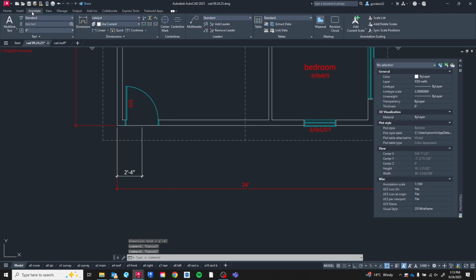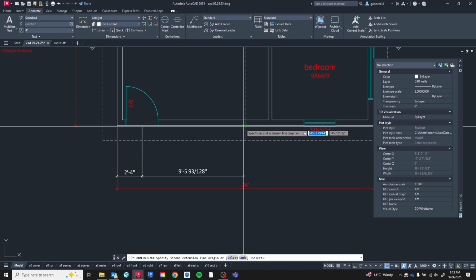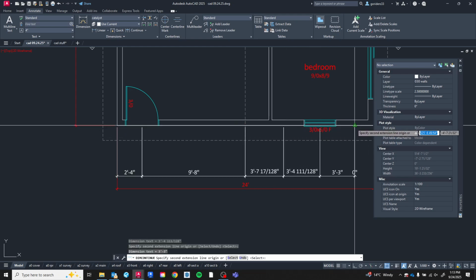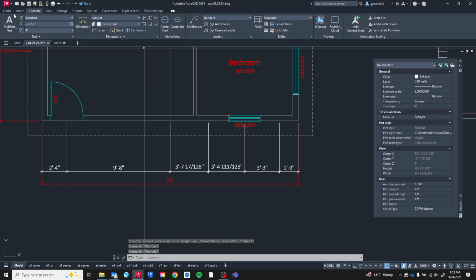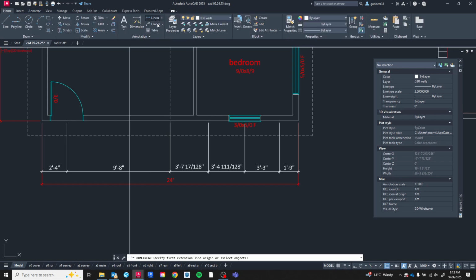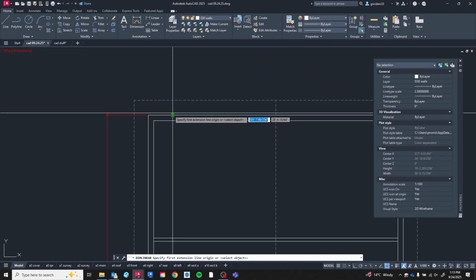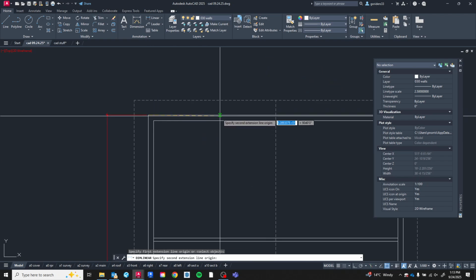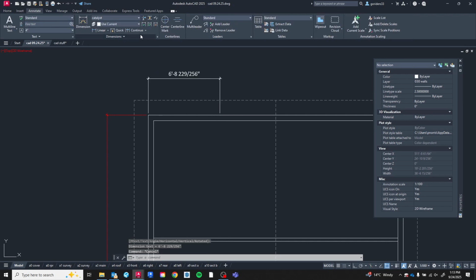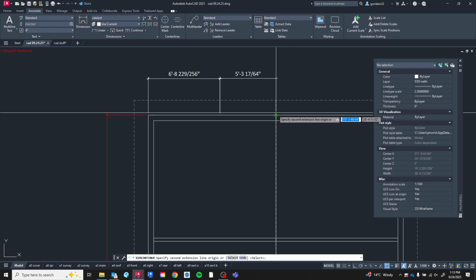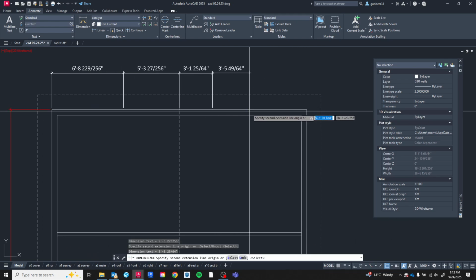Now I'm going to go up here to annotate and hit continue. And now I can go like this. Watch this. And it just pulls them all out. It just goes click, click, click, click. Because the first time I used linear, I went from here to here. Well, now it'll start there. So if I go annotate, continue, it'll start from that point and it'll go to there and there and there